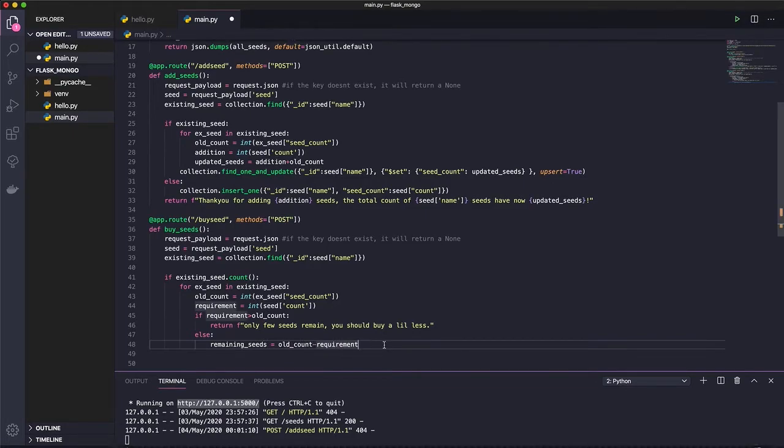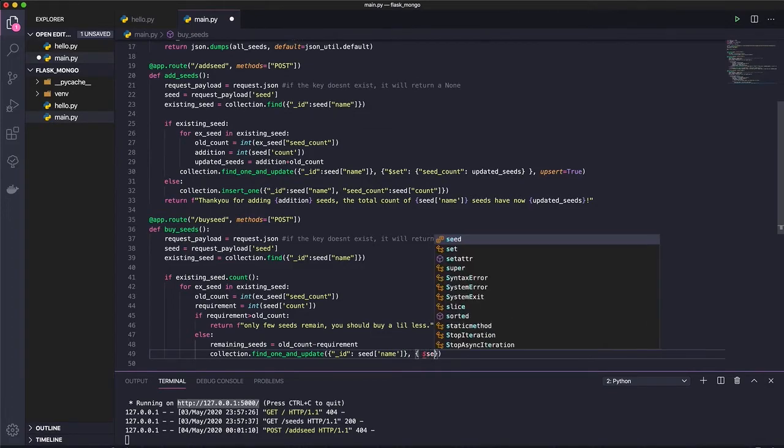So remaining seeds can be old count minus the requirement seeds, and we can just collection dot find one and update. Find one and update. Yep, and the similar thing that we did before, we are going to do pretty much the same thing here. So we're gonna add one post, and in this post we're gonna have the ID, and this ID has to be set to the seed name. Cool. Now what you're gonna do is you're gonna set $set like we did. Oops, did the same mistake again. $set, and this takes up